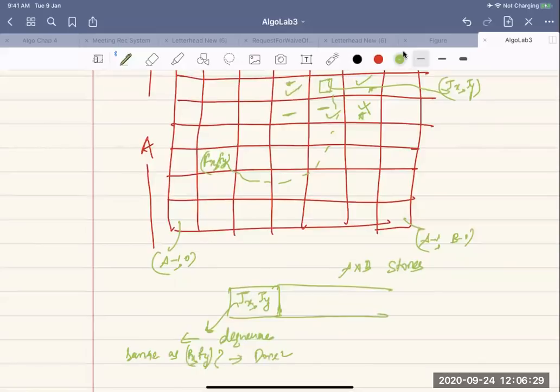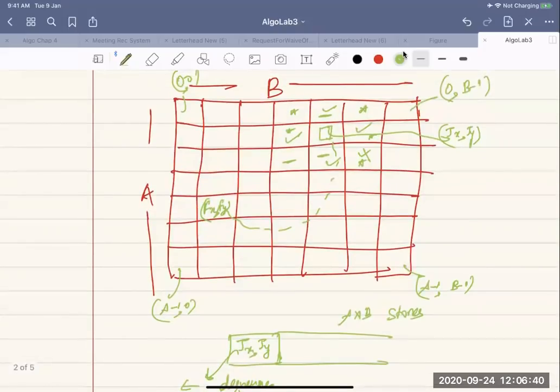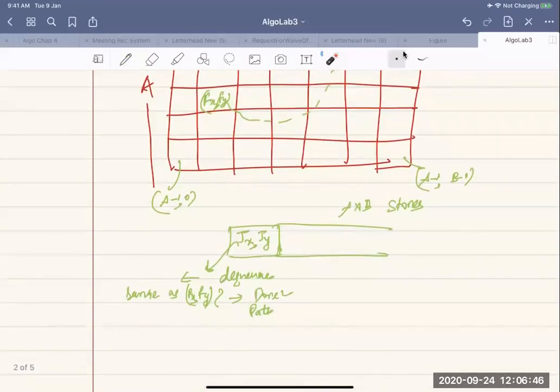There is a path. But suppose it is not, then you have to enqueue all the neighbors. Suppose in this case there are four neighbors, but only two are stable, two are unstable. So you have to enqueue both the stable neighbors. So these two neighbors are enqueued in the queue.